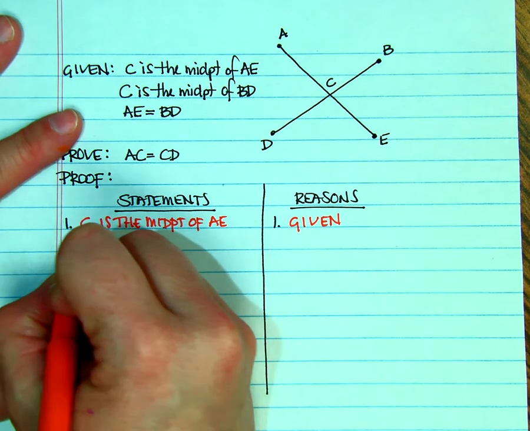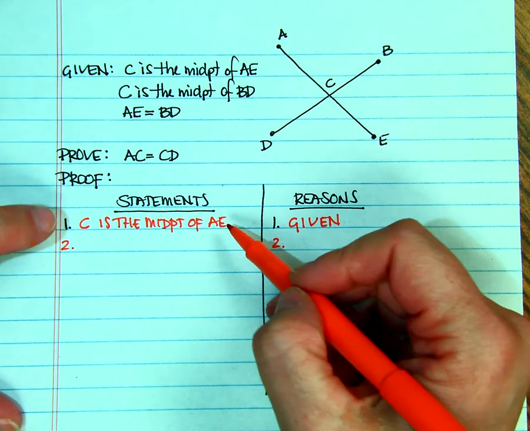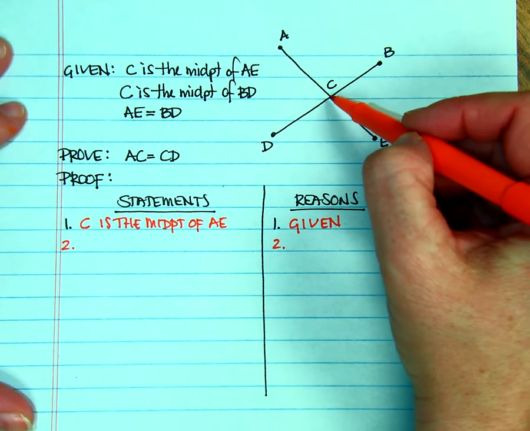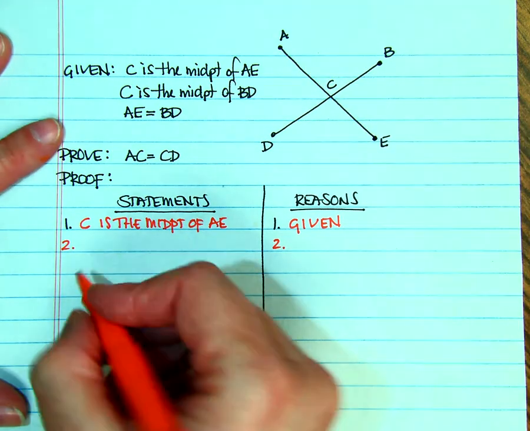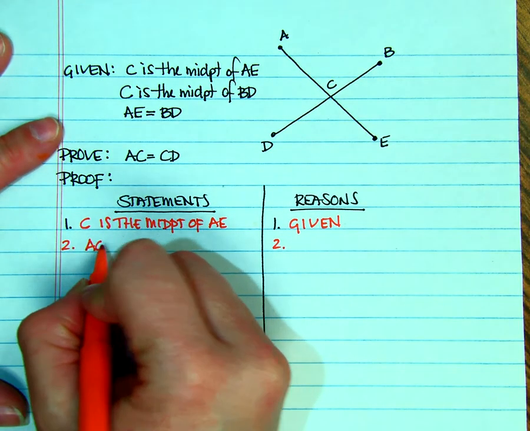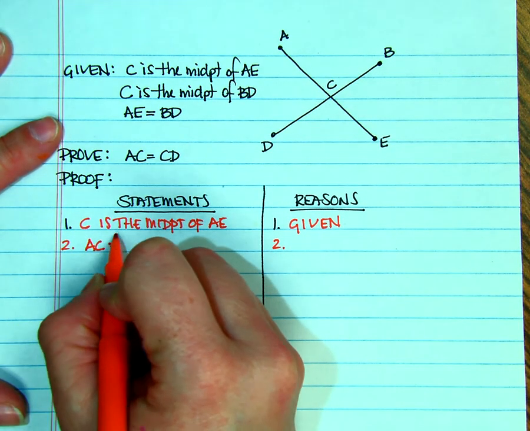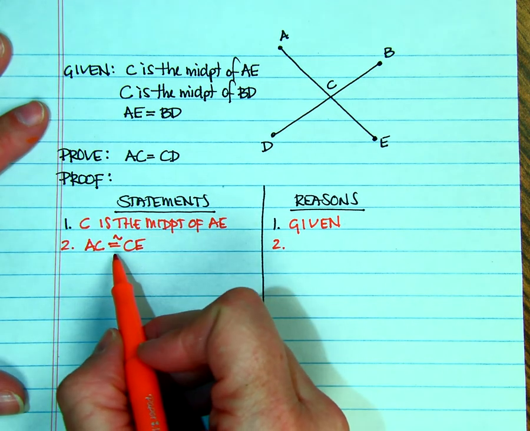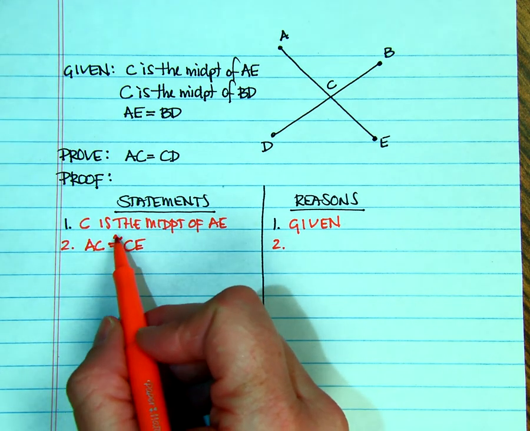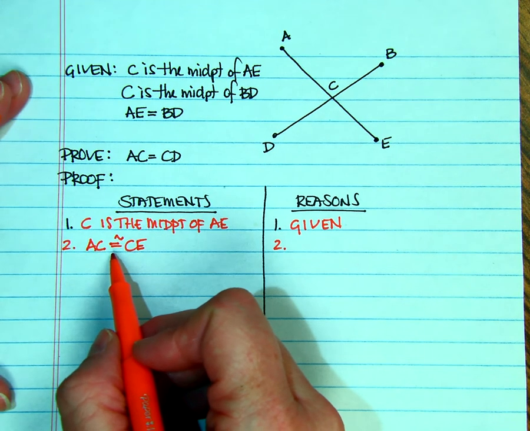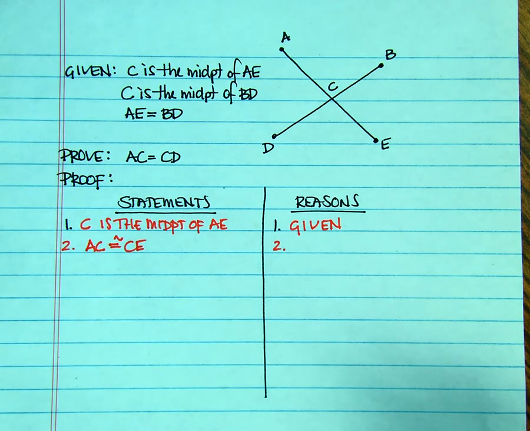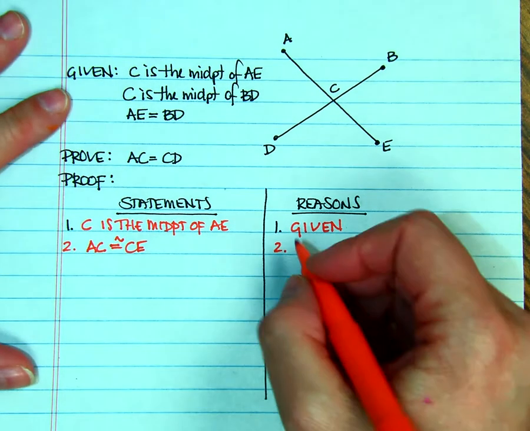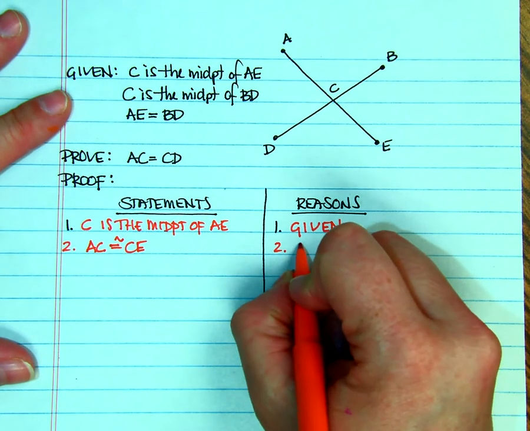Now this is something that we worked on in class. What do I know if C is the midpoint of AE? Well, I know then that AC is congruent to CE. And the word is technically congruent, but if you have an equal sign tucked in there, I am not going to count off for that. I might have some extra steps in there, but I'm not going to be that nitpicky. So this is going to be the definition